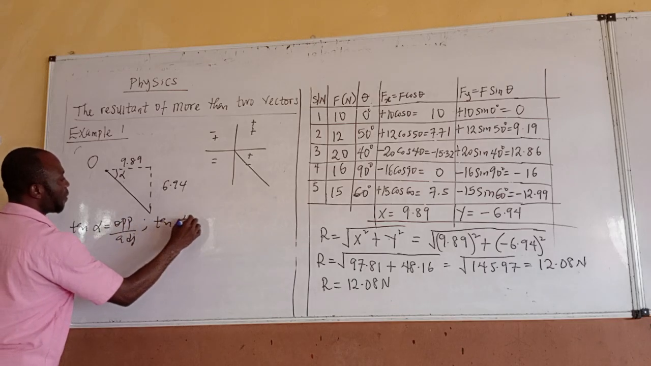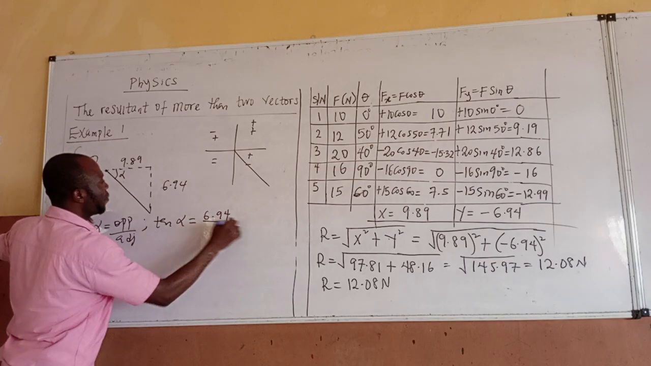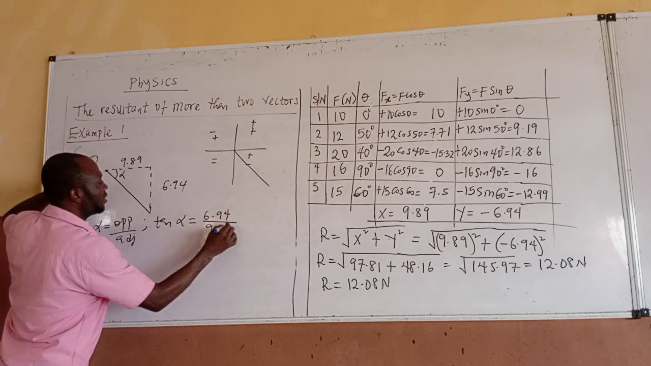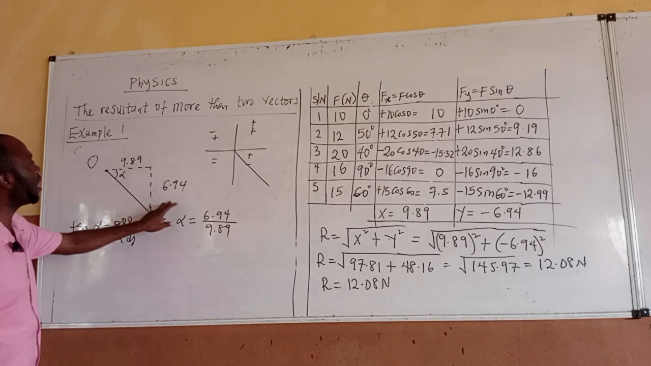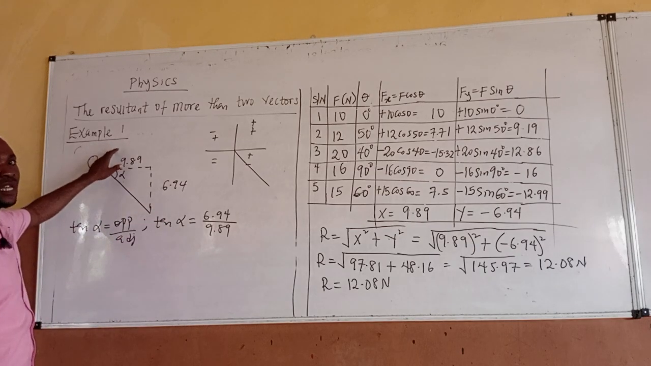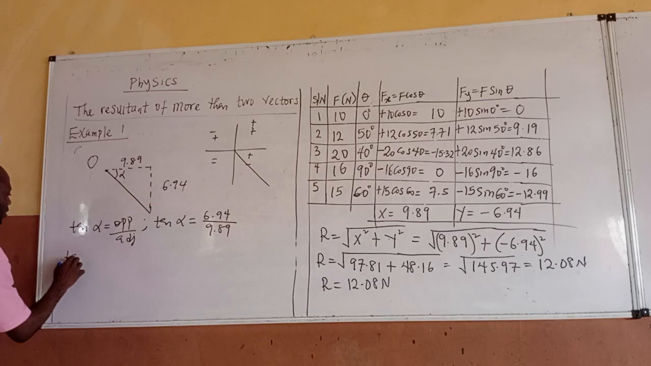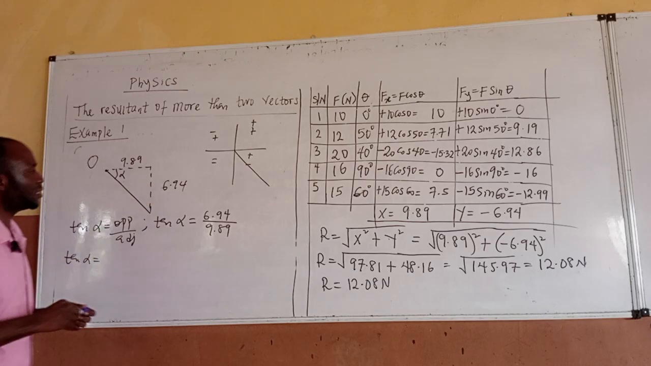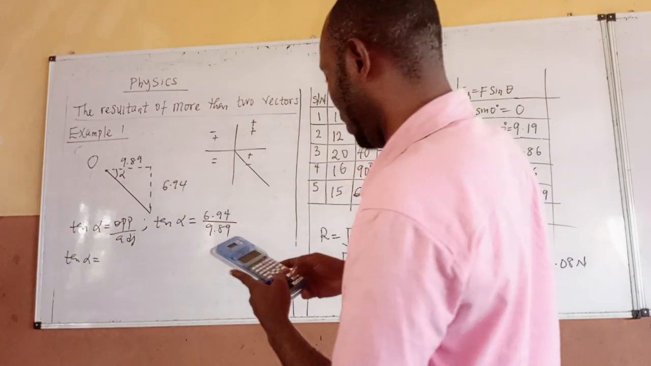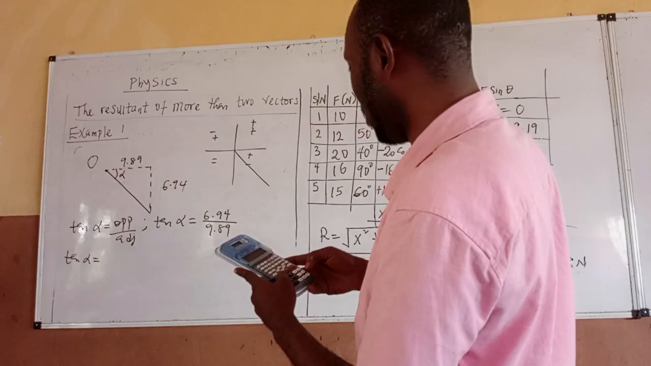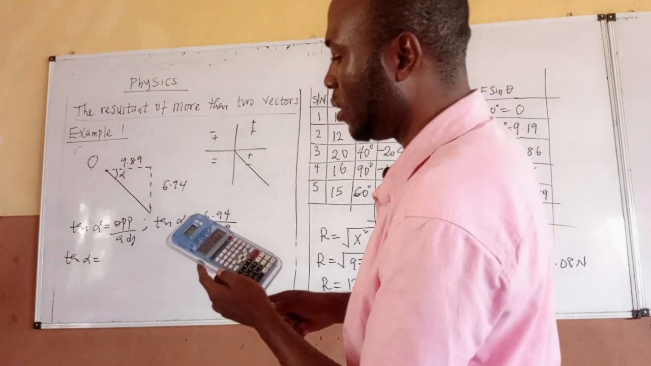Then tan alpha is the opposite, 6.94, over the adjacent, 9.89. If you follow the formula, I gave you that tan alpha is y over x. Then you punch this in. Tan alpha is 6.94 divided by 9.89. So that will give you